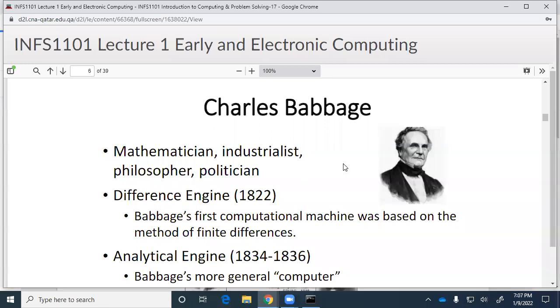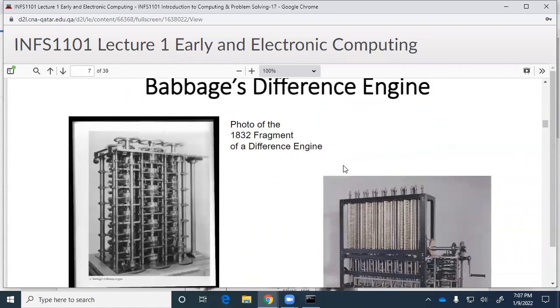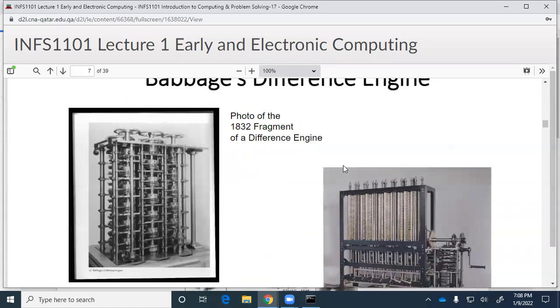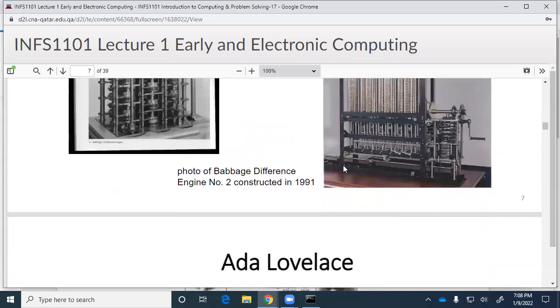Charles Babbage made a computer that is like a really, really fancy clock with lots of gears in it. It looks kind of like that. And yeah, you turn the gears and you make the computer. The gears represent numbers, and you can make it do some calculations. So we call it a difference engine.